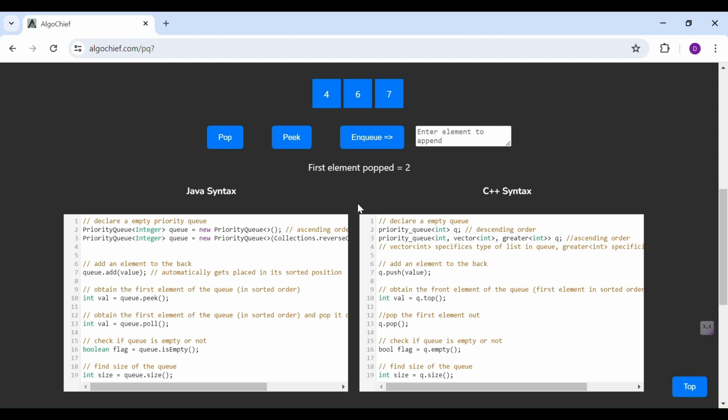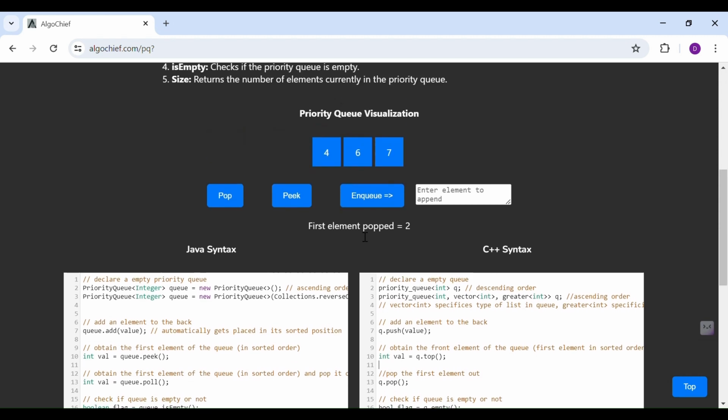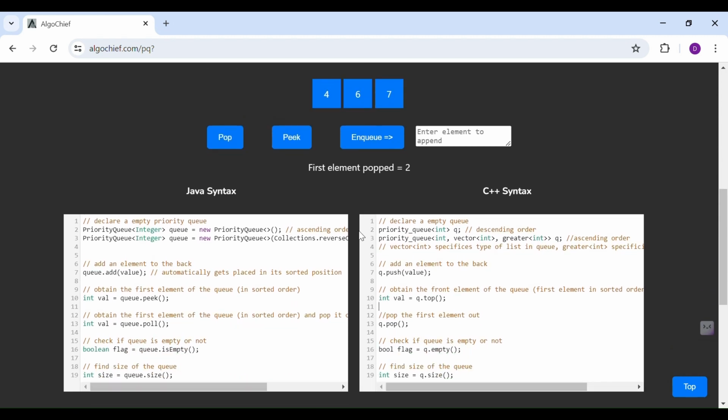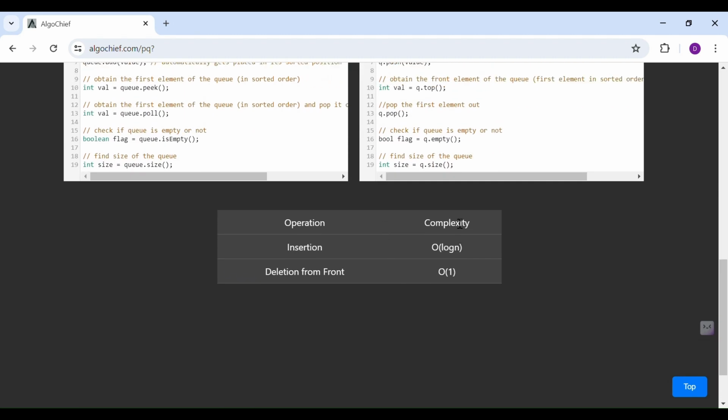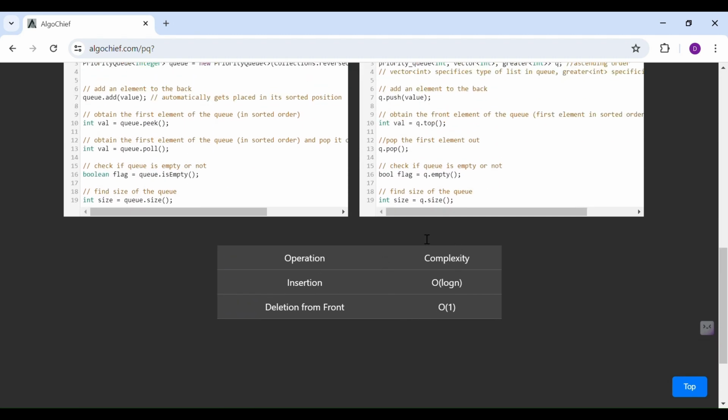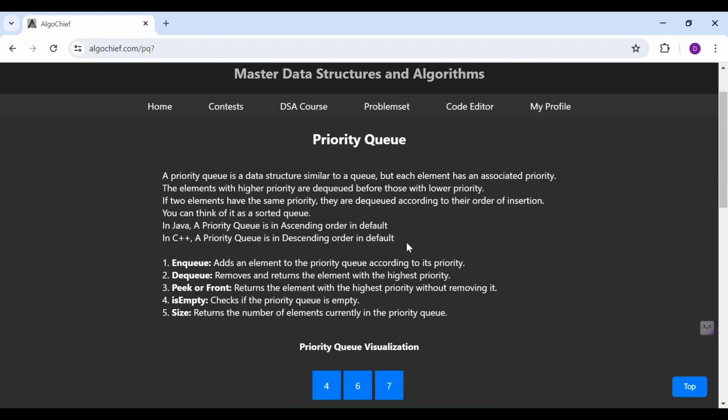You can specify your own comparator and sort the priority queue based on whatever requirement you need in your question. Okay, insertion complexity is log n, and the only place you can delete is from the front, which is O(1) complexity. Okay,